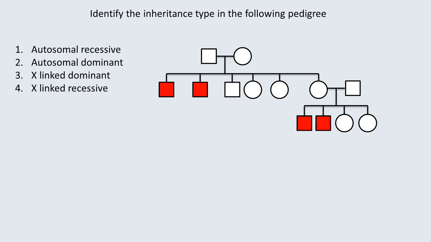So now here the pattern is the same way, where you can see that the first generation male and female are completely healthy. They are not having the trait. But in the second generation, out of 3 males, 2 males are affected and all the 3 females are healthy. The third male is married to a healthy female and they are having a family. Out of 4 children, 2 are male, both are affected, and 2 are female who are completely healthy, right?